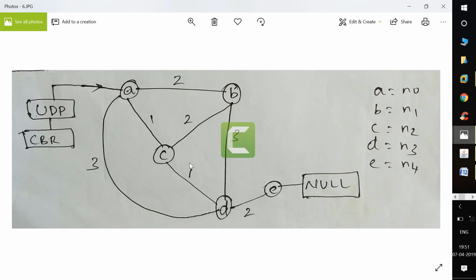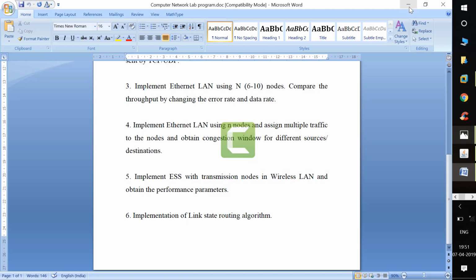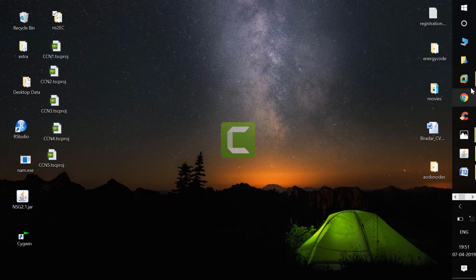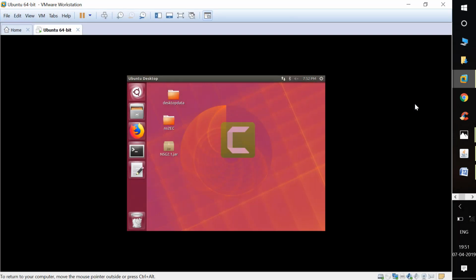Through that path the data is transmitted. Let's see here how it is going to transmit. Let's implement it here. I'll try to implement in Ubuntu. I'll show you how to implement it.